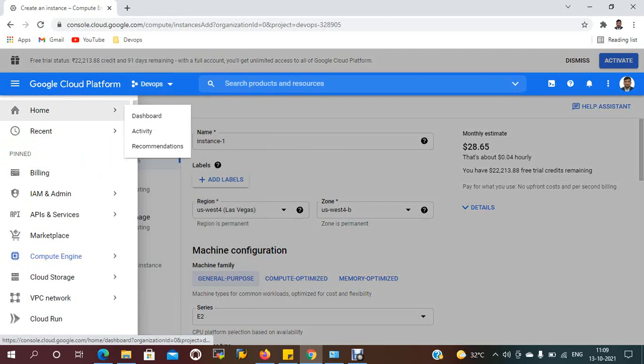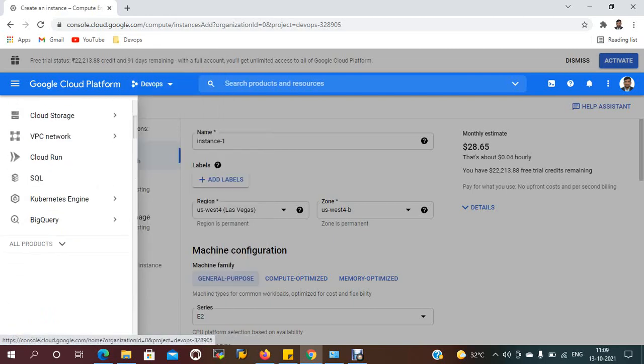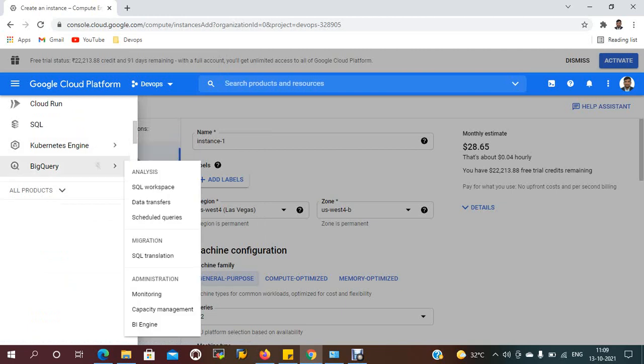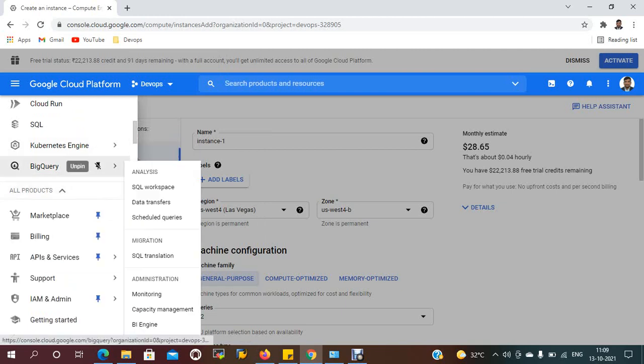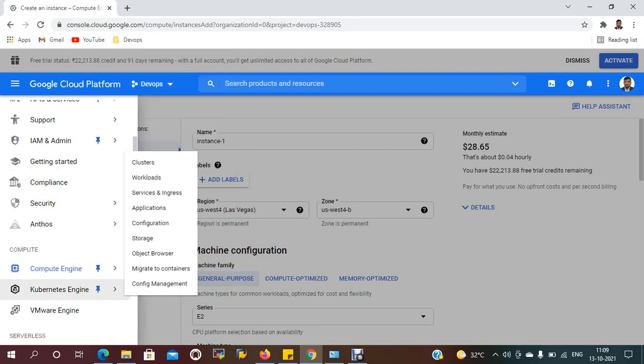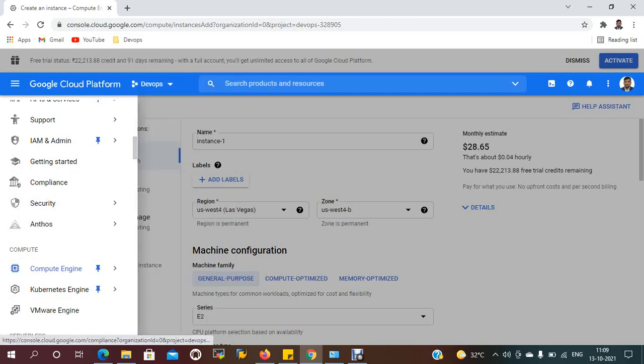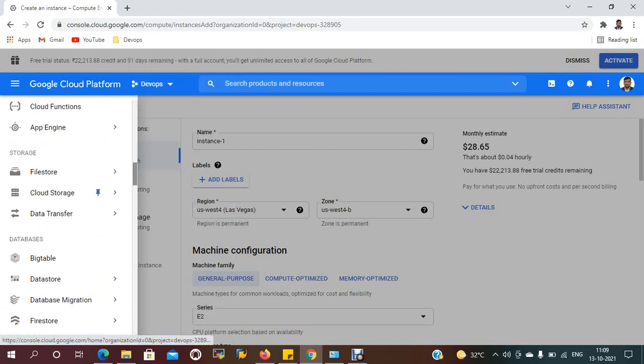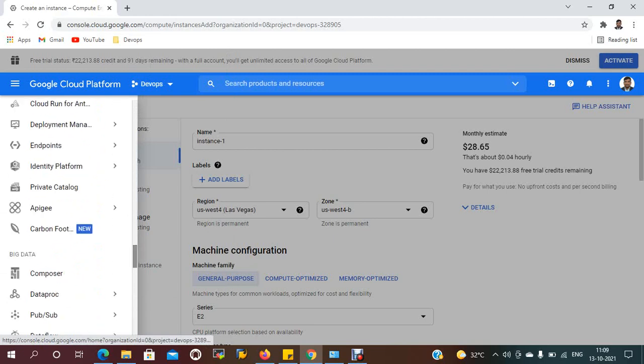In AWS and Azure, when you create a free account, there are some restrictions, but in GCP, with these credits you can use any services, like Kubernetes Engine, IAM admin, Compute Engine and VM Engine.